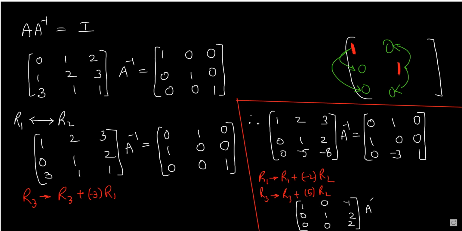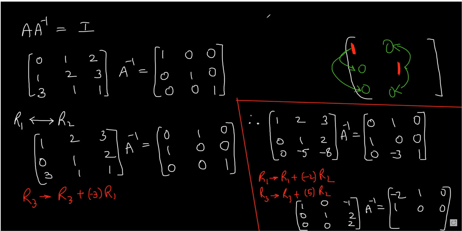And here you have A inverse. And this side, again, R2 is not changing. 1, 0, 0. Multiply minus 2 and add to get R1. So this is minus 2, 1, 0. Correspondingly, if you have element 0, then remember those corresponding elements will not change. They will remain as it is. So the moment I saw zeros, I saw these two zeros, I wrote these two as it is.